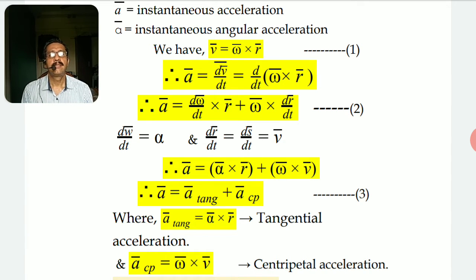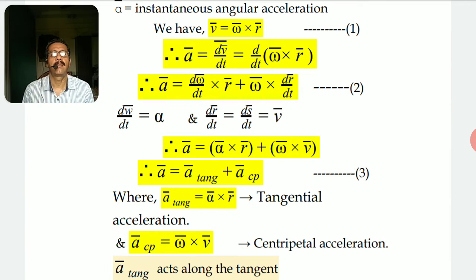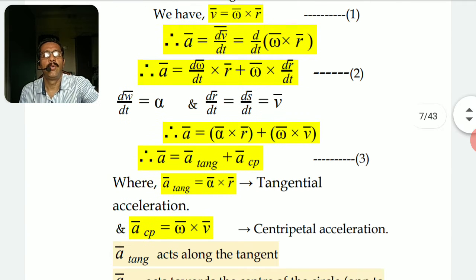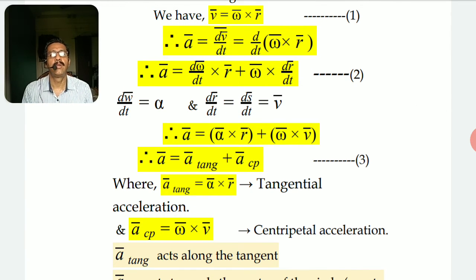On the right hand side, I will have to apply the u into v rule of differentiation, and it looks like vector a is equal to d omega by dt cross r plus omega cross dr by dt. If you see that equation's right hand side very carefully, you will find that I have not changed the order of the terms omega and r while differentiating, because it's a cross product, and the cross product is non-commutative, so you cannot interchange the order. If you make a cross b and b cross a, the directions will be different.